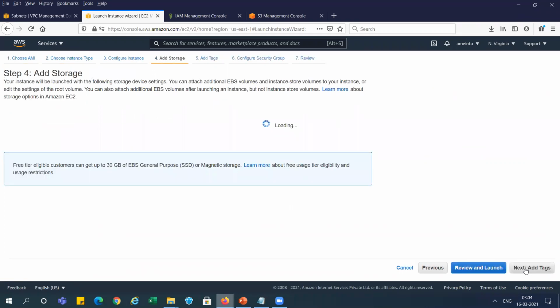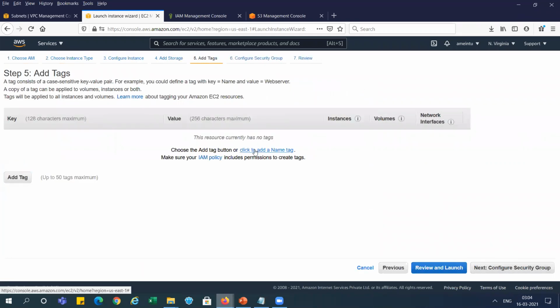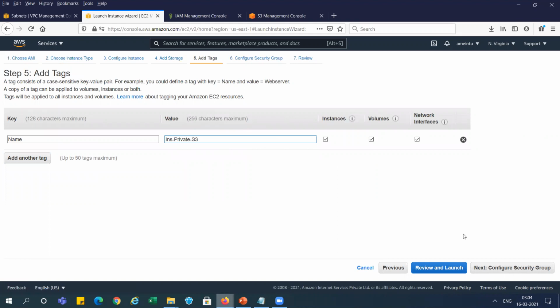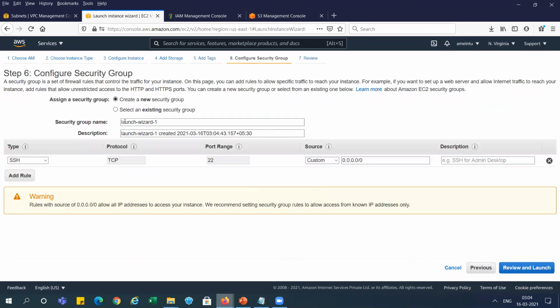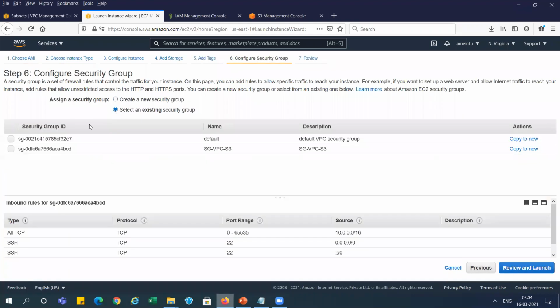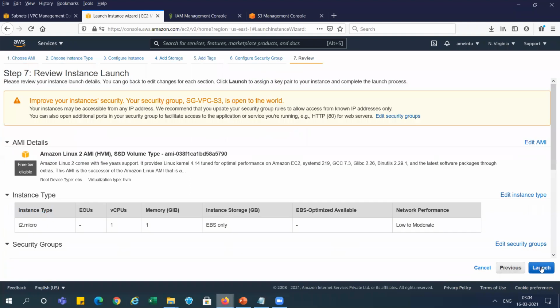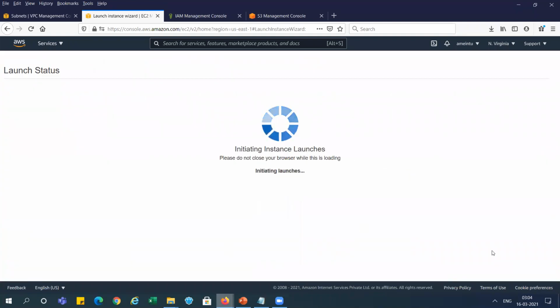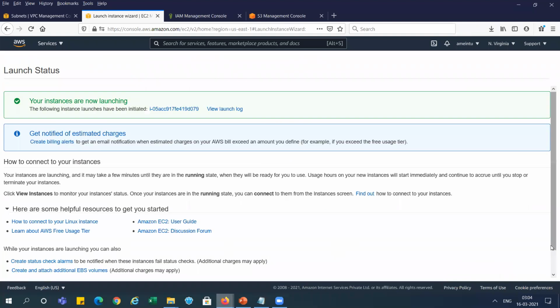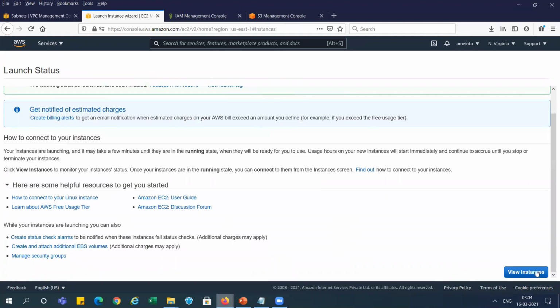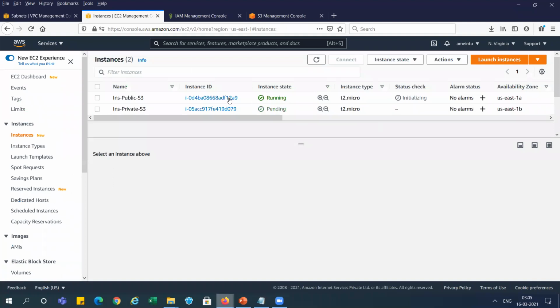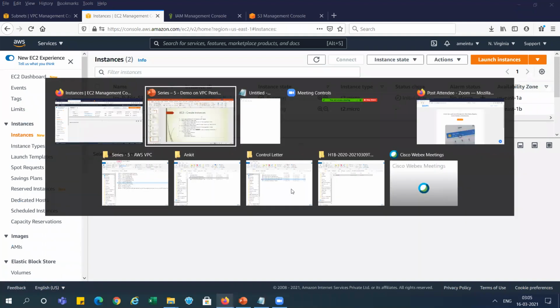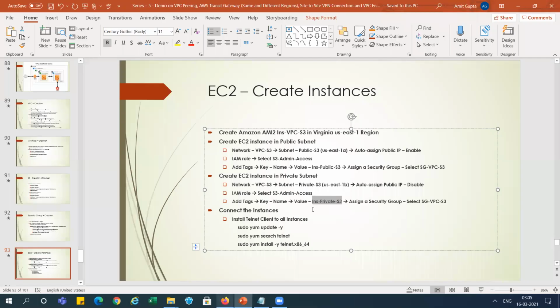So next is storage, default storage. Now we need to enter the tag name. This is private S3. And we will assign the same security group which we created for VPC-S3. And you can see we have launched two instances here, right? So this instance is still creating. So next step we can see here, we have done it.